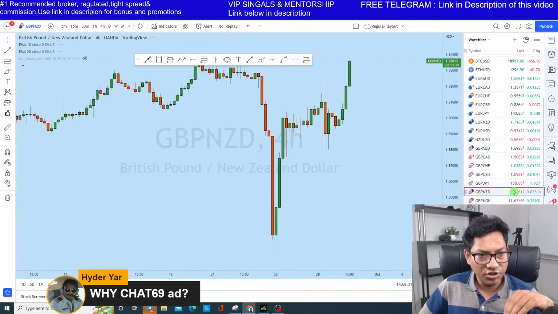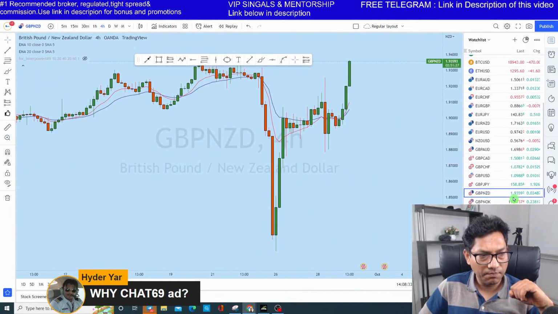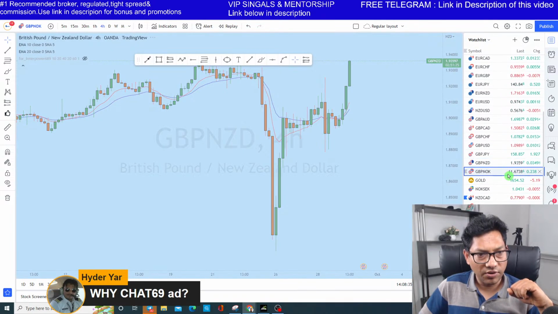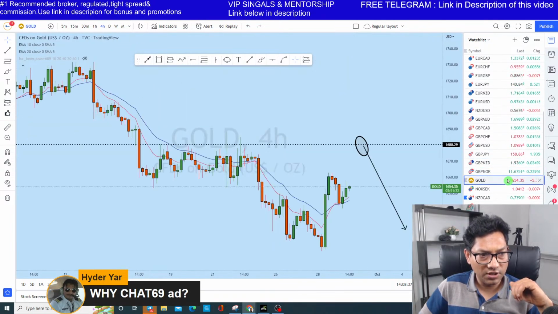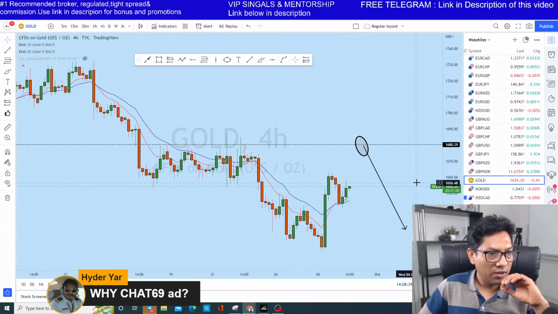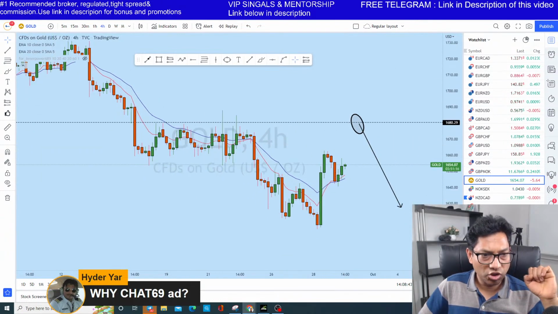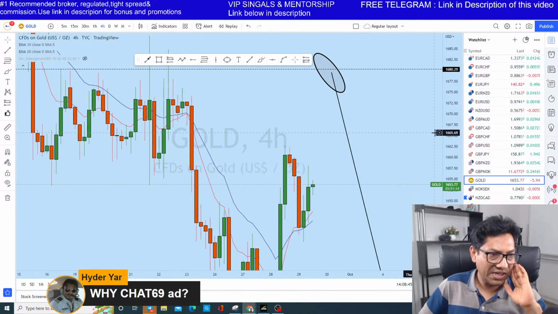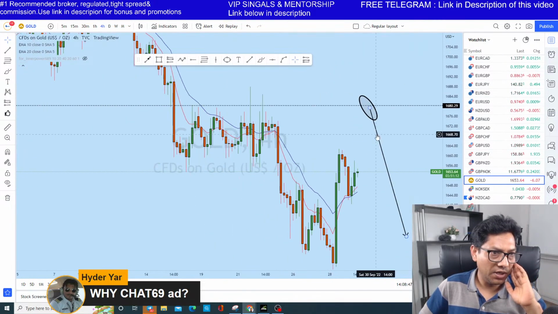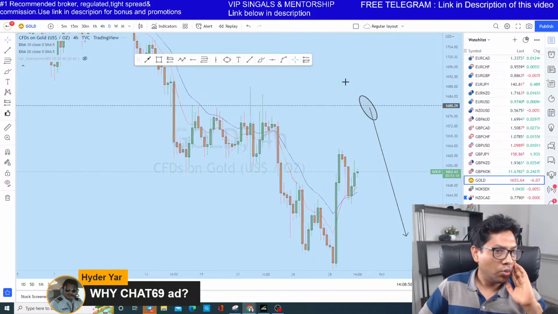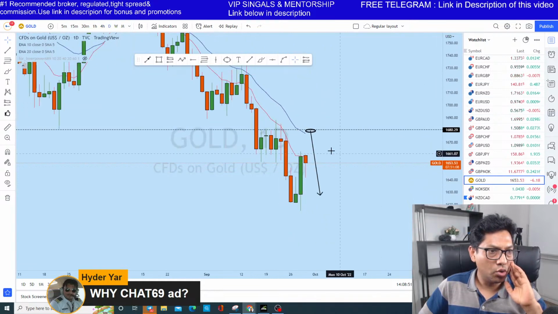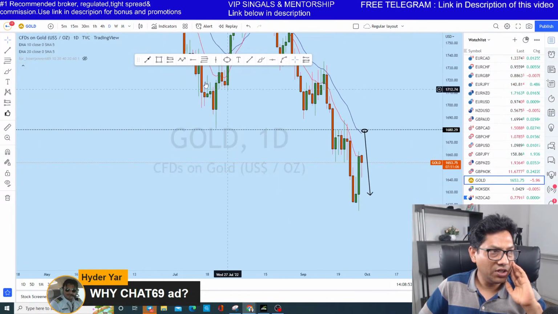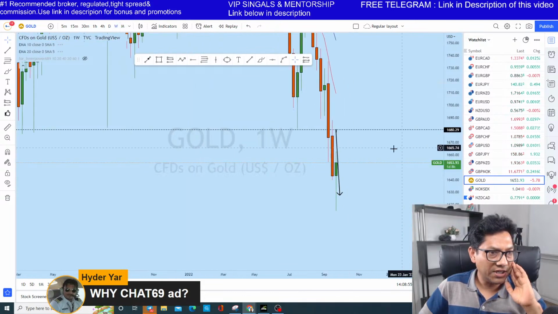Okay, looks like GBP got some momentum. All right, I think GBP is reversing, as I told you, it normally has a mean reversion tendency. So because GBP is getting stronger, on gold we might see some bullish momentum, as I mentioned. What I'm expecting is for gold to go to this daily 20 period moving average, which is testing the monthly support as resistance.